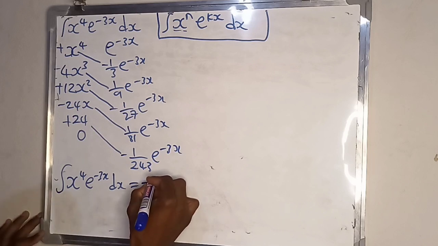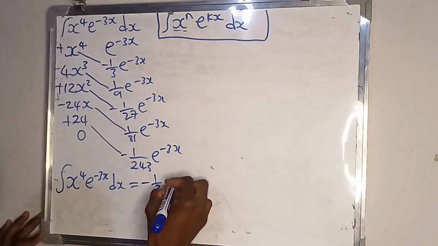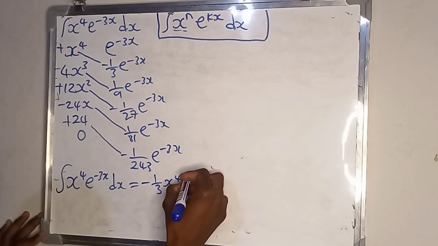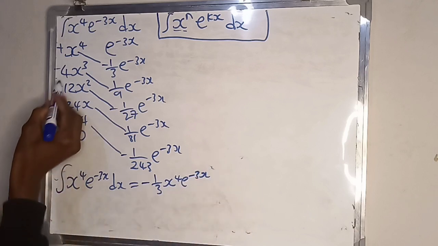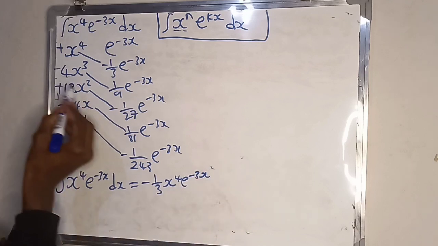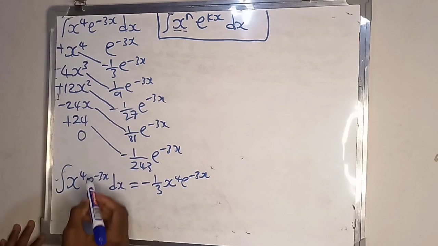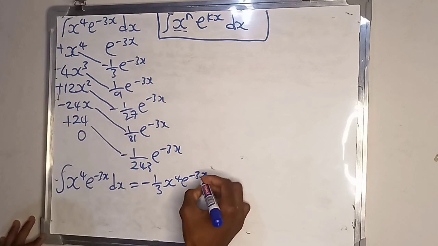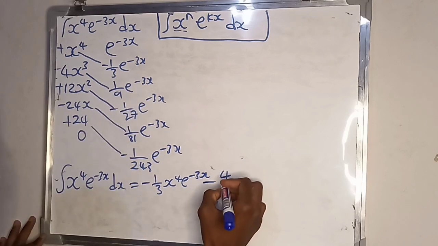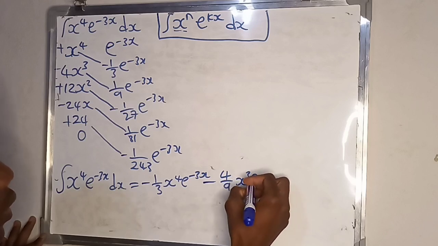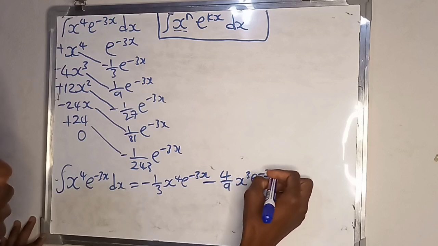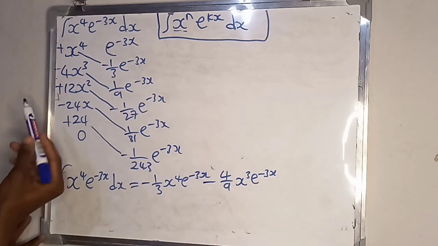I have negative 1 over 3 x to the power 4 e to the negative 3x, plus the product of negative 4x cubed with 1 over 9 e to the negative 3x, which is negative 4 over 9 x cubed e to the negative 3x, plus the product of